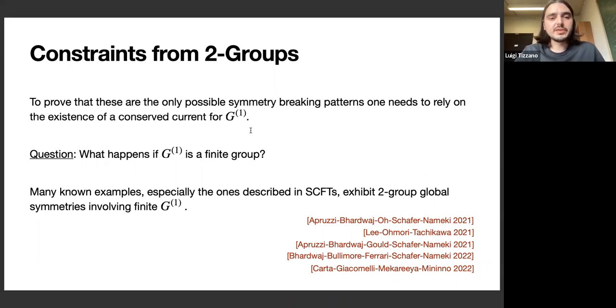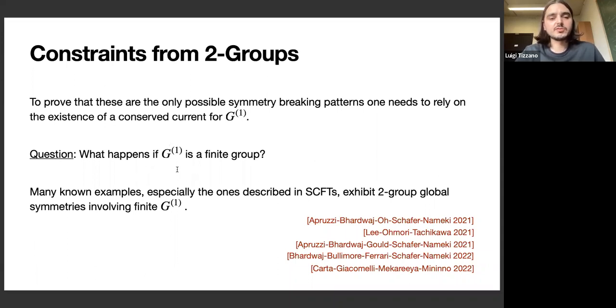And so it will be very interesting to understand if we can repeat or find more general patterns in which two groups can be broken, even in the case where G1 is finite, and maybe try to understand what are the dynamical implications of this setup. And I'm saying this because